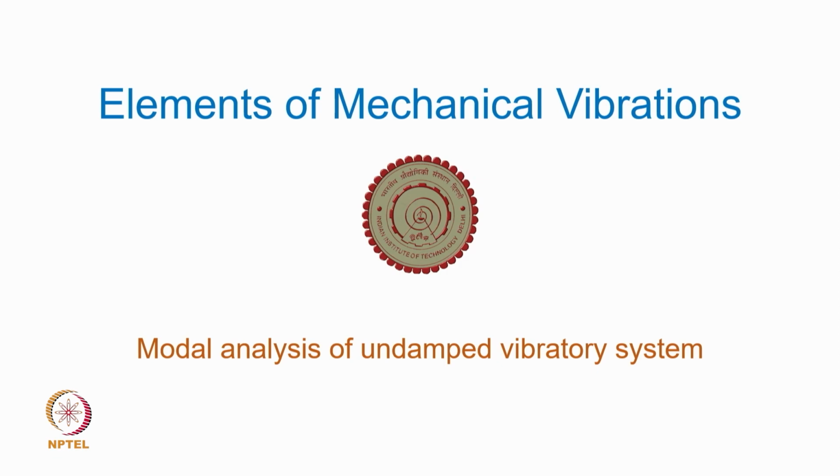In today's session we will take that further and understand how the orthogonality property and decoupling of the governing equations of motion simplifies the solution process for a multi degree of freedom system in the case of an undamped vibratory